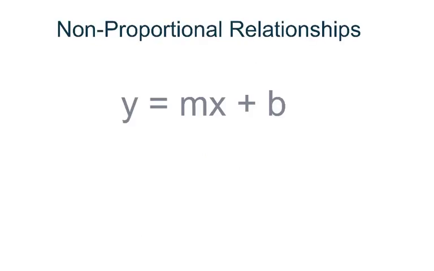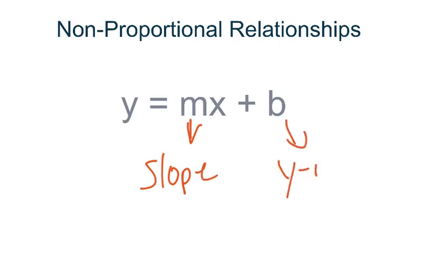All right, so as you know, our formula for a non-proportional relationship is y equals mx plus b. Remember, our m is our slope, and our b is going to be our y-intercept. And our y-intercept is just the point at which our line would cross our y-axis. All right, one thing that might be helpful is to take notes alongside with me,